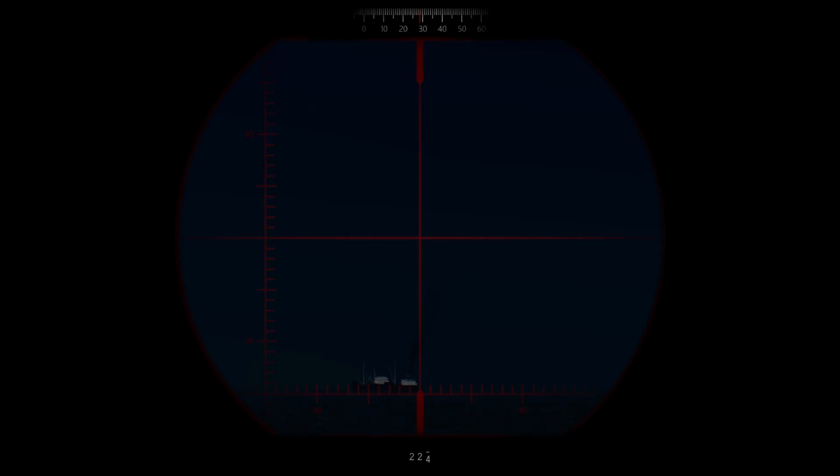I would advise against starting this right away after you spawn in, just because generally the targets tend to take a little bit to settle on their course and speed, so you really don't want to preemptively start this right away. You want to wait maybe a couple minutes for them to settle down, and then you can start this exercise. One thing to note here, a lot of this is really just for,